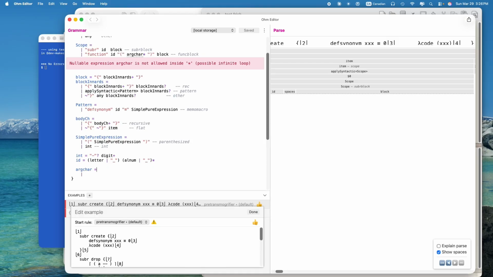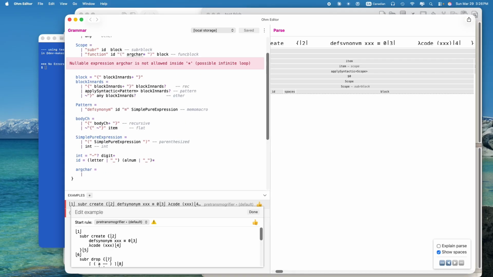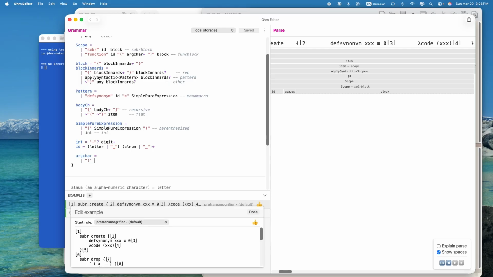No. It's not a close paren. Oh, I wanted to do, if I see an open paren, then I should see more arg chars and maybe more arg char question marks, recursive. And if we don't see a close paren when it's an any,